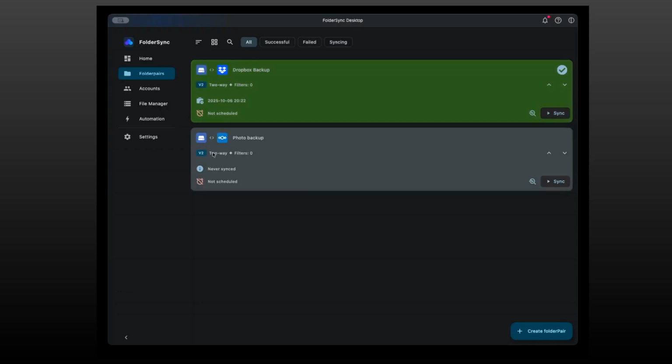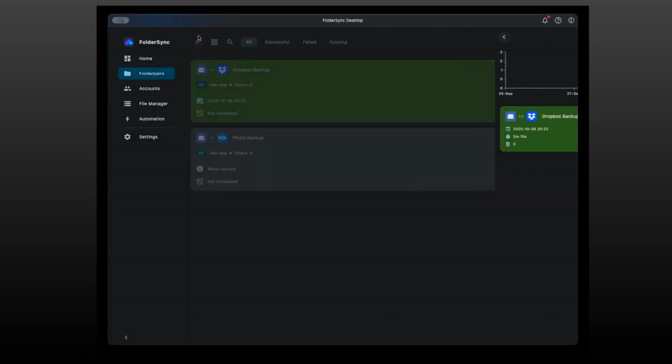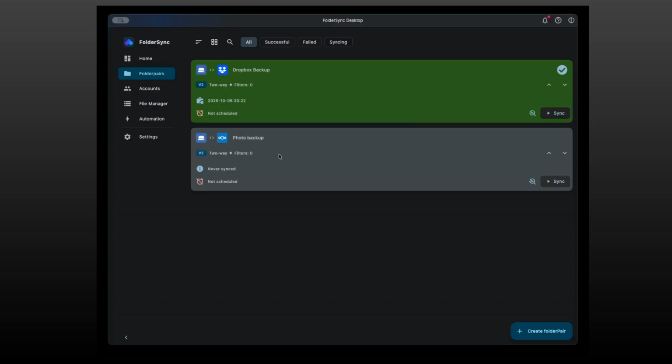The Dropbox one is green, indicating last sync was successful. It would be red if it failed for some reason. Let's look at it. We can see some files were transferred. Let's go back to the folder pairs overview. The sync for photos to Nextcloud is gray, indicating it has not yet been synced. We can see various info on the folder pair card, but you can always click it for a lot more